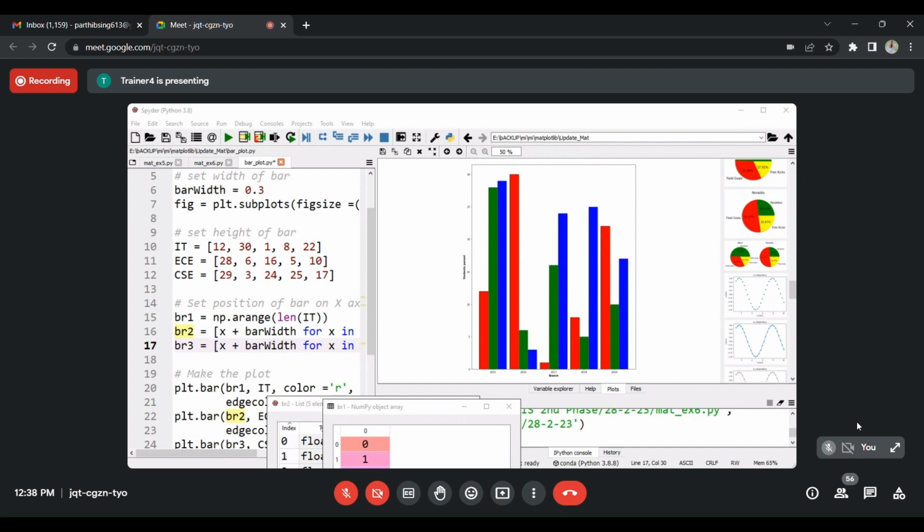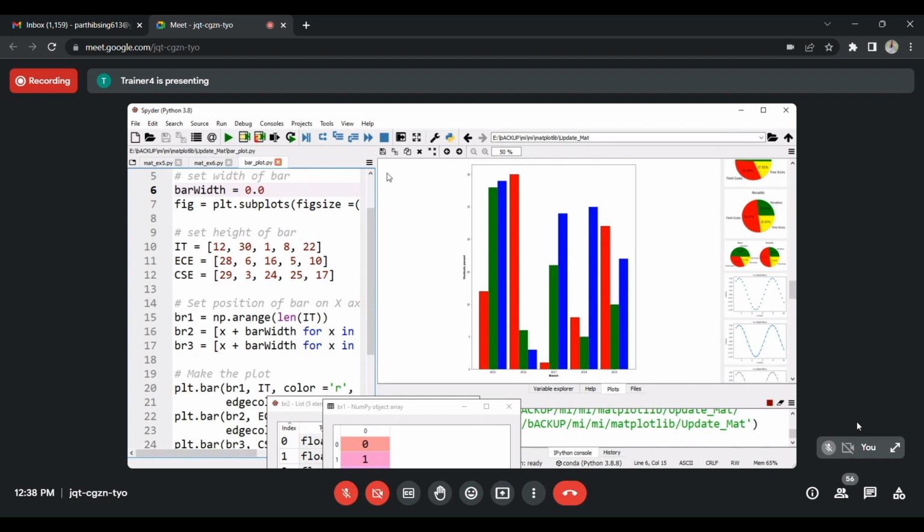Actually, it will overlap each bar. It is 0.3, but green color 1.3. This one 2.3. Otherwise, what is happening over here? Maybe this is 0. If I set 0 and execute,